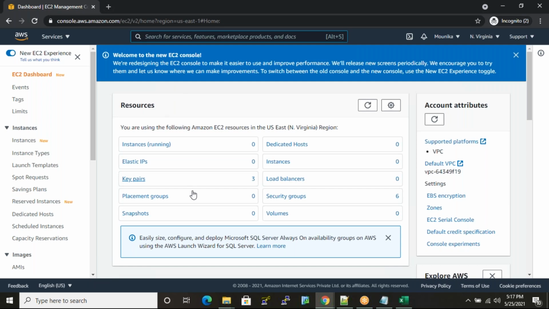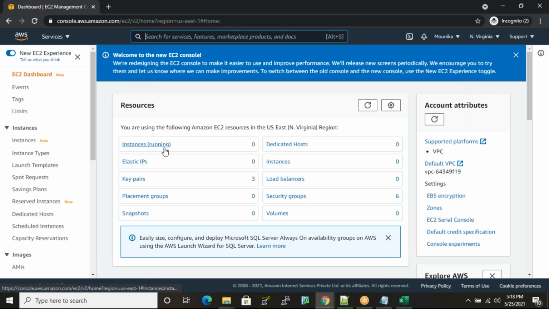Okay, so this is our AWS EC2 console, and this is our EC2 dashboard. This dashboard is on the left side of the screen. So in the middle of the screen we have so many resources. Those all resources are under the EC2 console only.